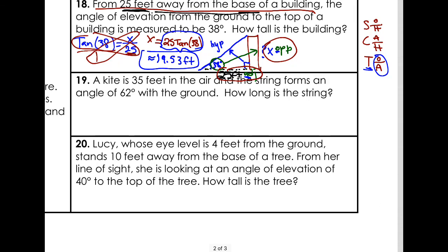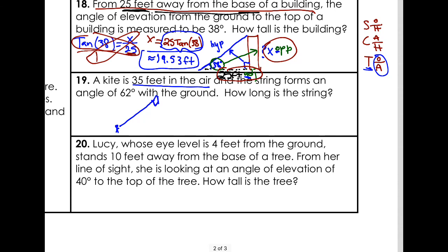Alright. So for the next problem, we have a kite that is 35 feet in the air. Have you ever seen a kite or flown a kite? A kite does not fly straight up. That would be weird. The idea of a kite is that the wind catches the kite, and if you're holding the kite string, it'll fly basically at a